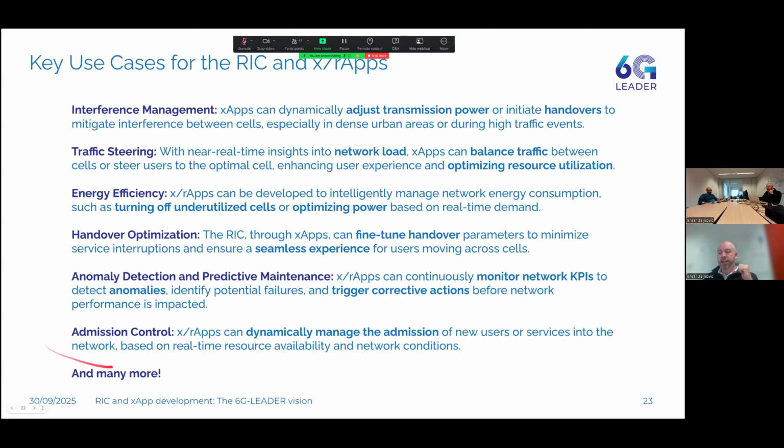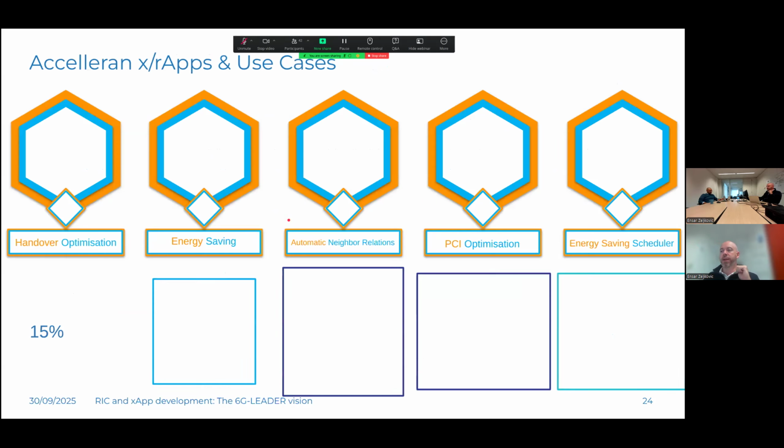Admission control is another possibility, to dynamically manage not just UE-level admission control, but also PDU session admission control, so we can build up different use cases and scenarios to create a vast number of use cases to play with. This is just the tip of the iceberg of the different possibilities that we can tackle using the RIC and the xApps or rApps that sit on top of it.